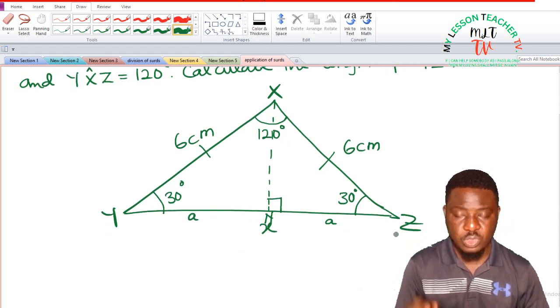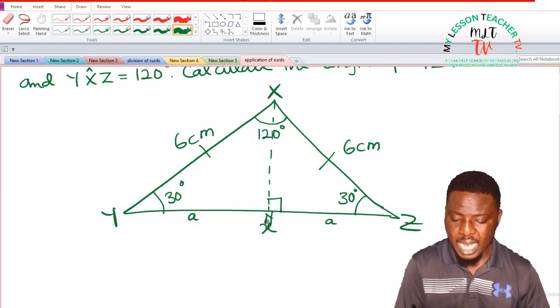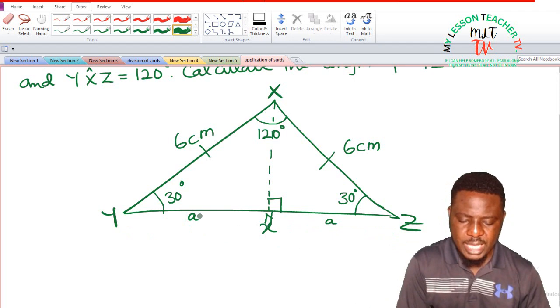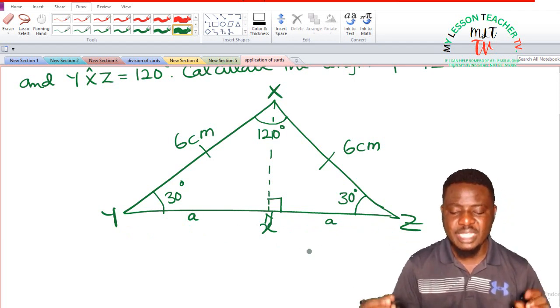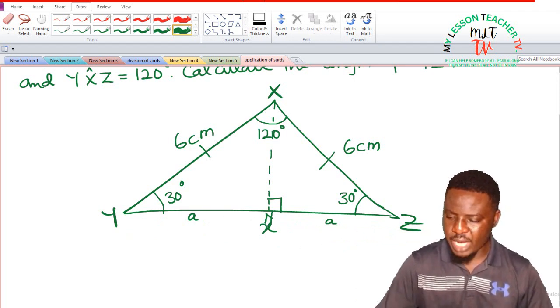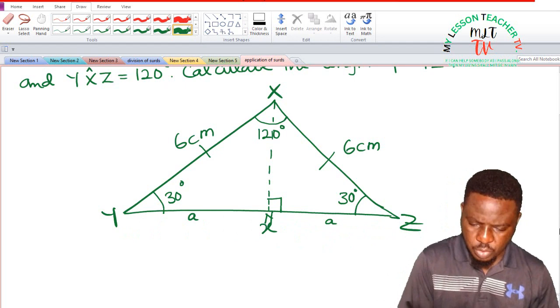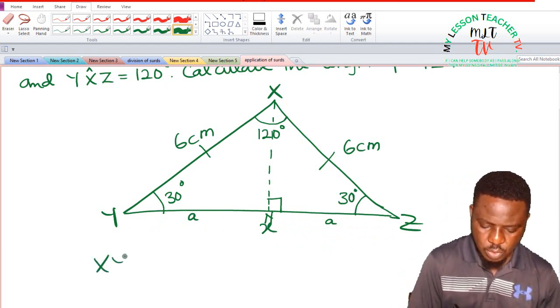So side YZ is equal to the sum of side YN, which is A, plus side NZ, which is also A. Since YN and NZ are said to be equal, when I solve for A in any of the triangles, I can just multiply it by 2 and it gives me the length of side YZ. So using trig ratios, I will consider triangle